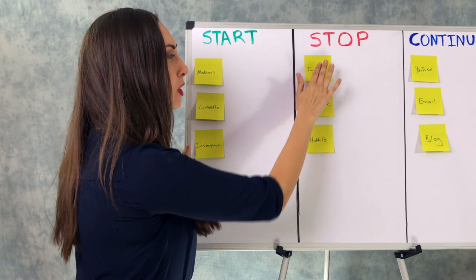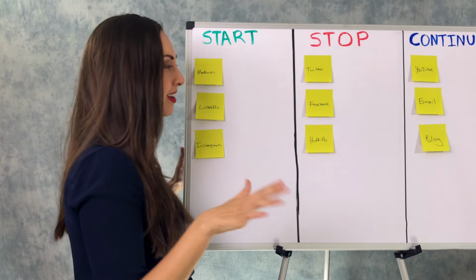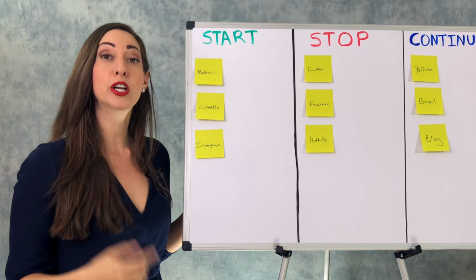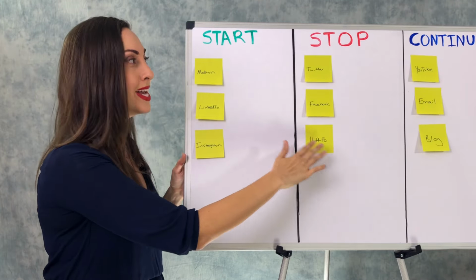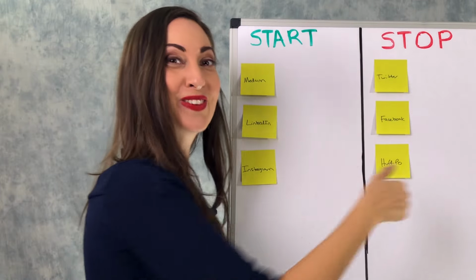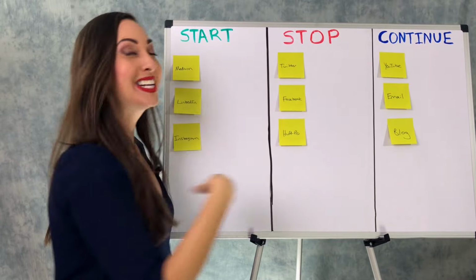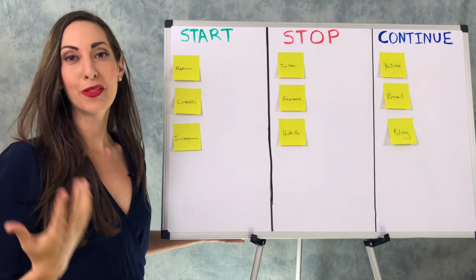So we're like, we should slow down Twitter. Facebook is not super active, so we're kind of like, not so great about that. And we used to publish on Huffington Post. We don't get a lot of traffic, so we decided to maybe stop that too. In the Continue, what's working? YouTube. You're in the Continue column. We like you. Email marketing, sending out all of our great email newsletters. And also I love writing on the blog.